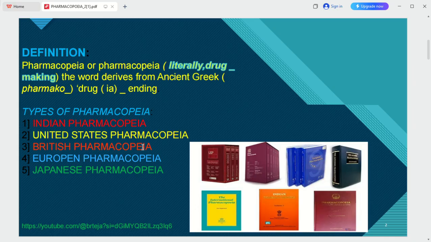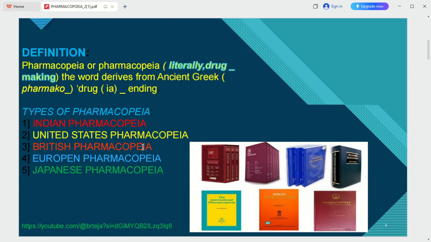After publication of the Indian Pharmacopoeia list, the Government of India constituted an 11-member Indian Pharmacopoeia committee. How many members were in the committee? 11 members. Okay, in 1948,